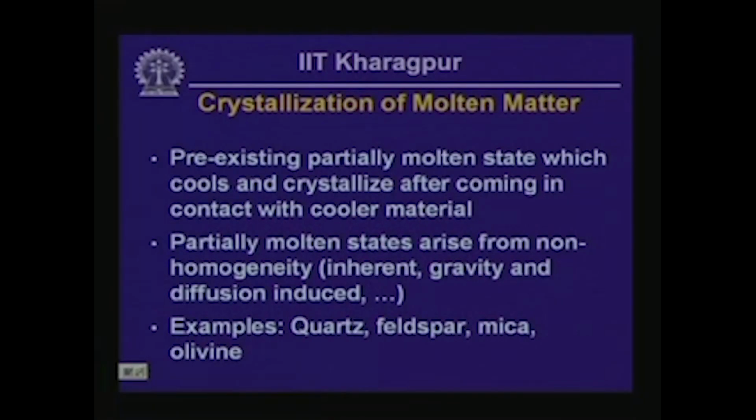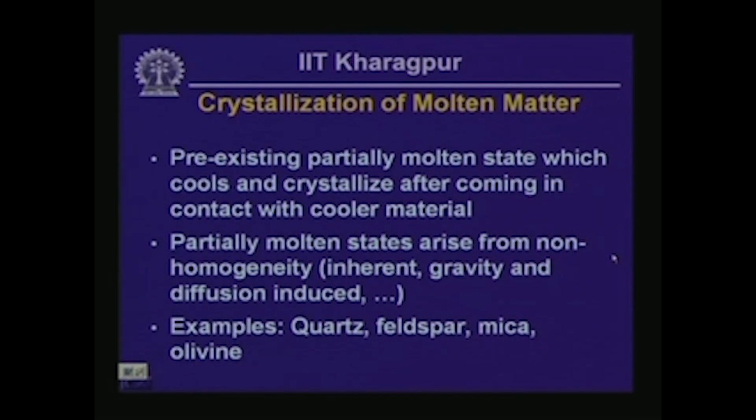Pre-existing partially molten rock forming minerals get crystallized, as I indicated earlier, when they come in contact with cooler material, and that could happen, for instance, when a mass of partially molten magma gets ejected to the surface or comes in contact with water, for example. Then the second thing that happens,